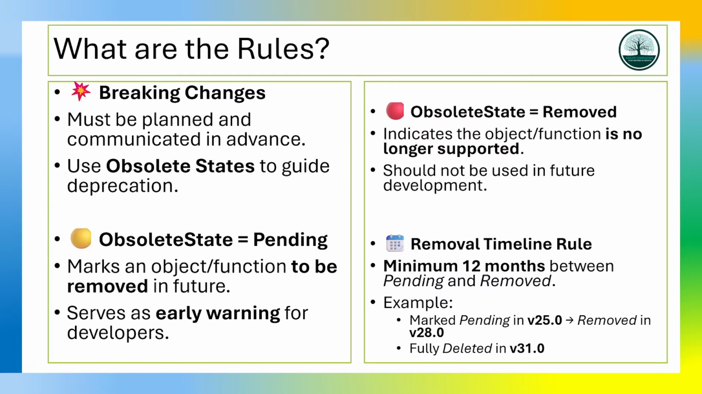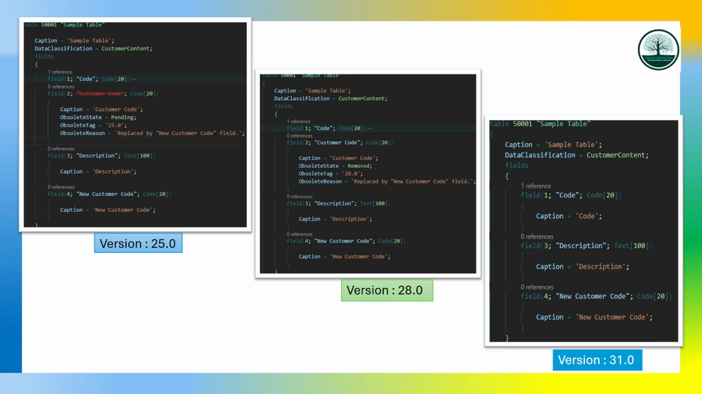Now let's take a quick example. Let's say in version 25 you decided that you don't want to support the customer code field for whatever reasons, but you know that there is some data associated to it, and there might be dependency to that field which you can't analyze because a lot of people can take dependency on your app. So what you do is you mark this as obsolete state pending and then provide the tag when you're marking this as obsolete, and you are also attaching the reason why you're marking this as obsolete. All these three details